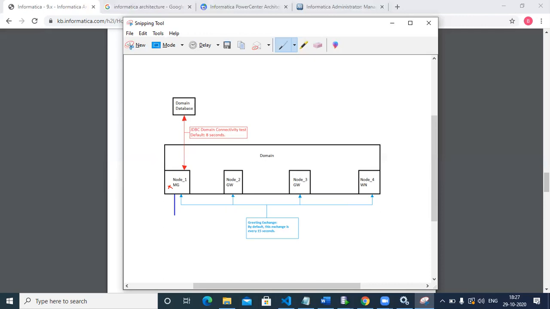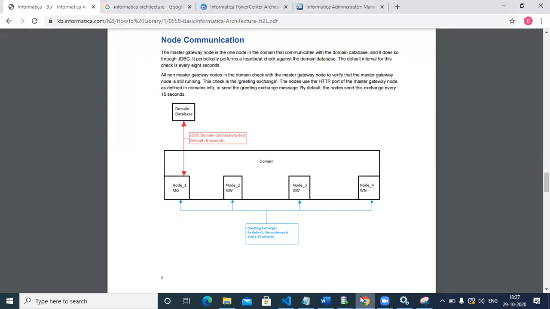You guys remember, while installing Informatica, there is one option called create domain and join domain. Okay, I said it's an important point. Remember, guys, while installing Informatica, there is an option called create domain and join domain. Remember? If you want, I'll show you in another